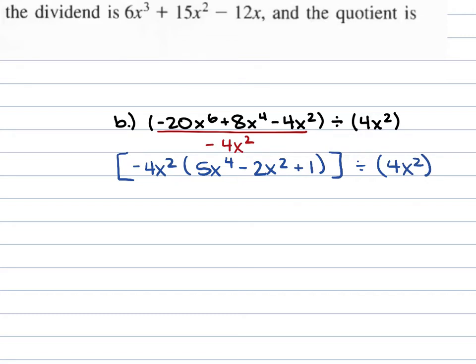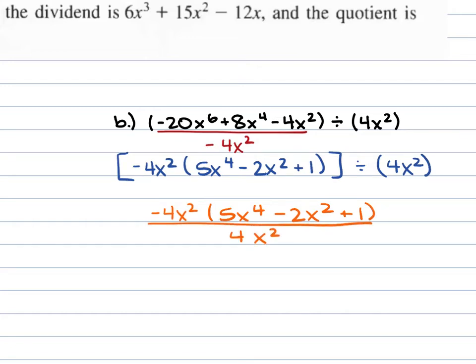From here, if you can factor that 5x to the 4th power minus 2x squared plus 1, you can do that as well. The 5 times 1 is just 5. You don't have any factors that add up to be negative 2, so we leave it the way we have it, and we write it as a fraction. So it's going to give us negative 4x squared times 5x to the 4th power minus 2x squared plus 1 all over